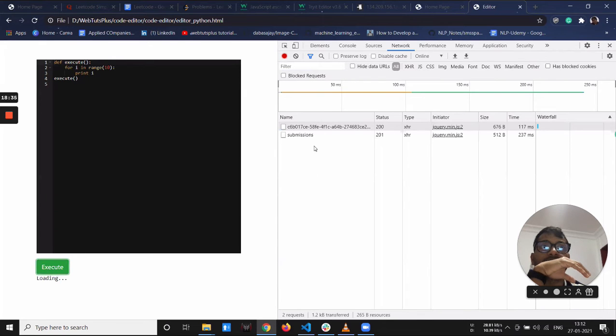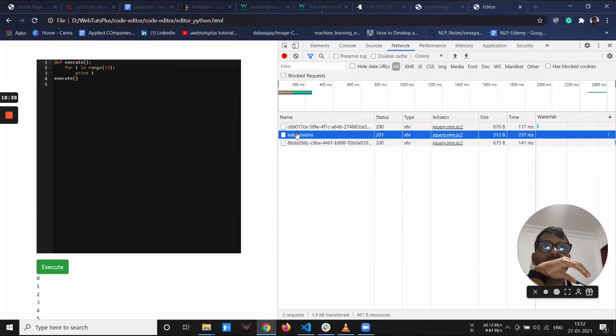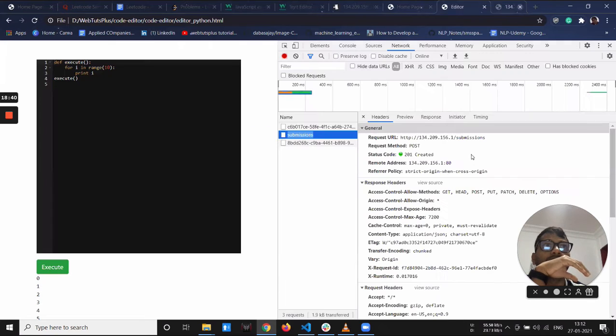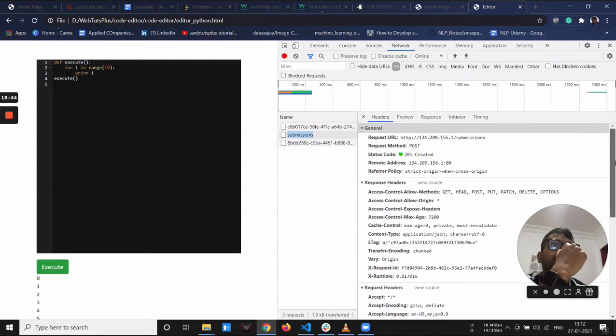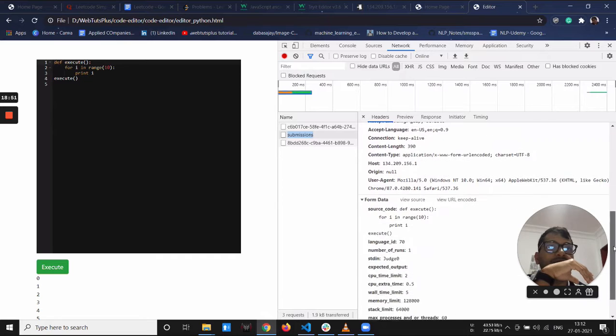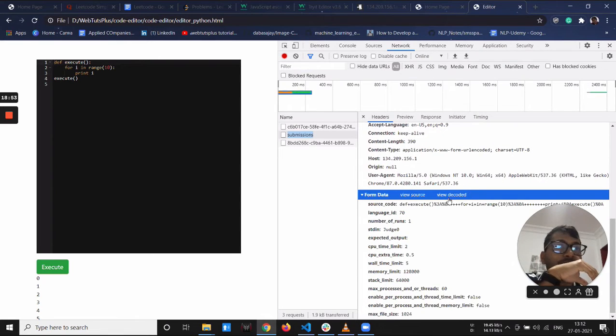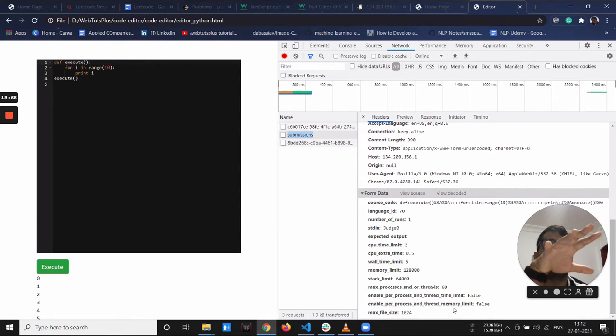Go to the submissions. Go down, the same request, view source. Now compare why this is working and why your thing is not working.